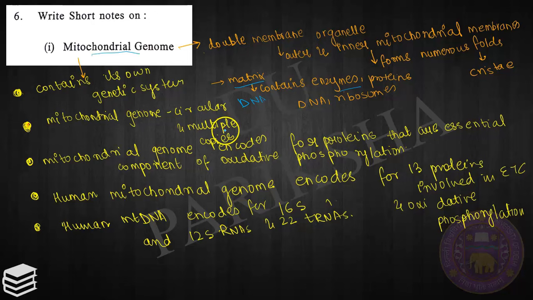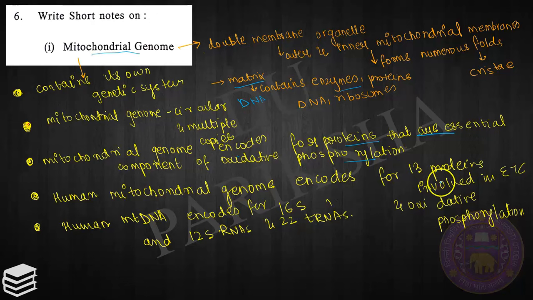Mitochondrial genome is mostly similar to the alpha proteobacteria, which encodes 6700 to 8300 proteins. Then the size of the mitochondrial DNA varies between different species, it depends upon the different species. The largest mitochondrial genome is present in Arabidopsis thaliana, that is 367 kb. So most mitochondrial genomes encode for proteins that are essential components of the oxidative phosphorylation, and human mitochondrial